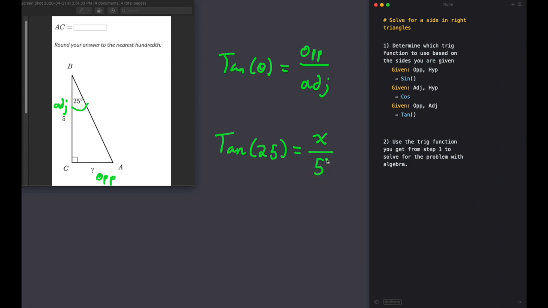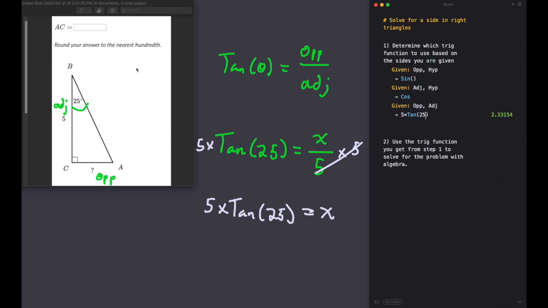So if I want to solve for x in this case, I need to multiply both sides by 5. And I get 5 times the tangent of 25 is my missing side x. So I need to actually calculate that with my calculator, making sure I am in degrees. 5 times tangent of 25 gives me